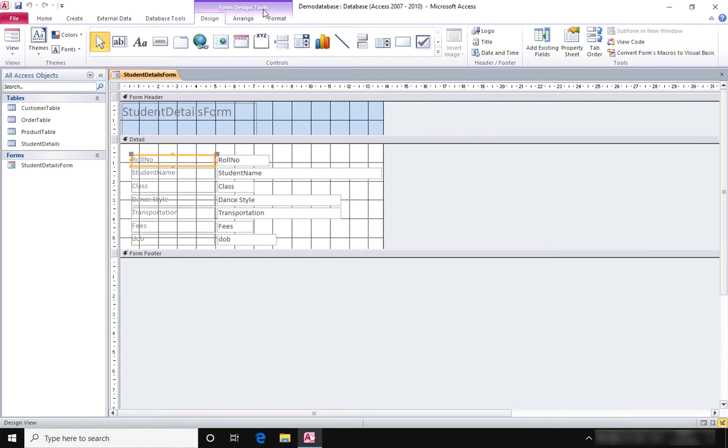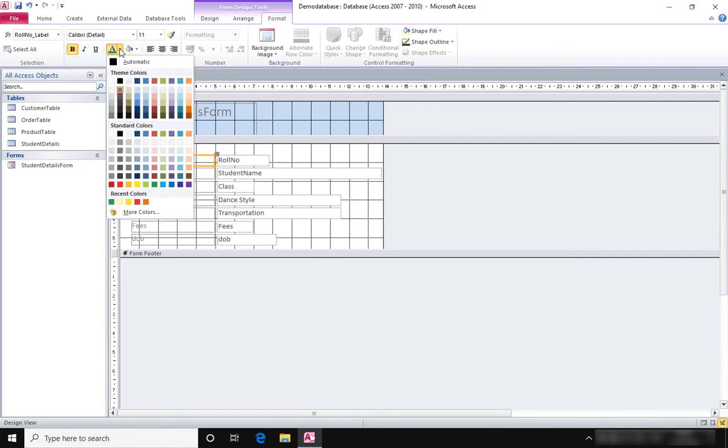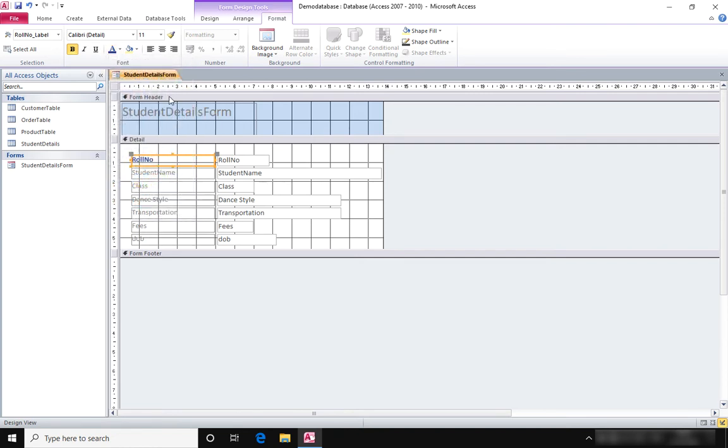This Form Design Tools section appears automatically when you have a form open in Design View or Layout View. Click on Format and let's make the text in this control bold. We can specify a font color for it. If you want, you can have it resized to 12 font size.